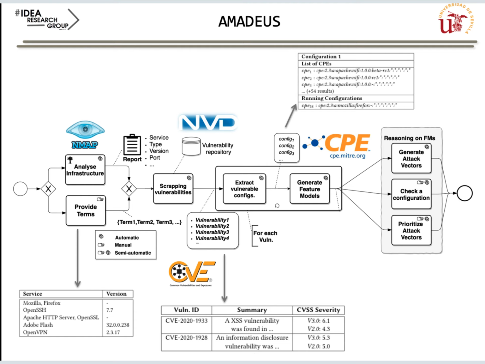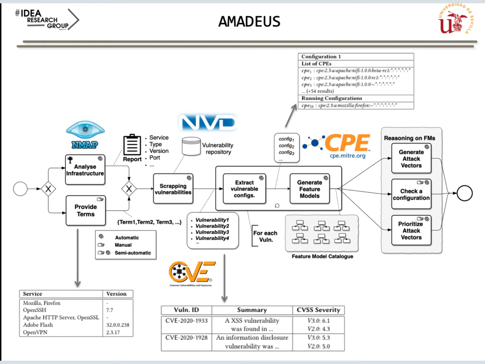And based on this information, AMADEUS builds some valid feature models. In our case, we construct a feature model for each CVE that gathers all the information related to all the known software configurations affected by this vulnerability. This set of feature models composes a catalog of feature models that can be used in a huge variety of